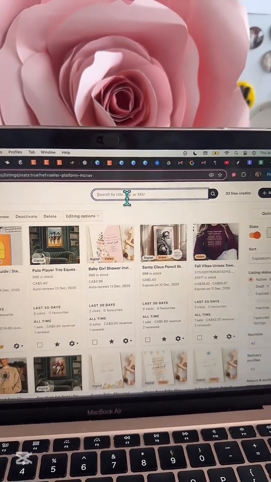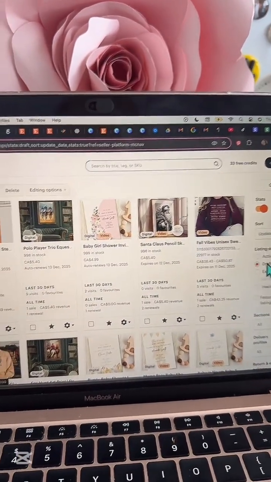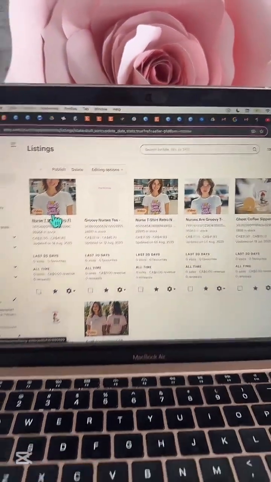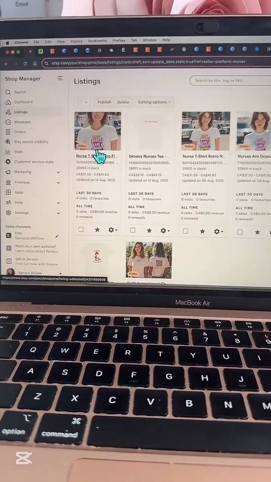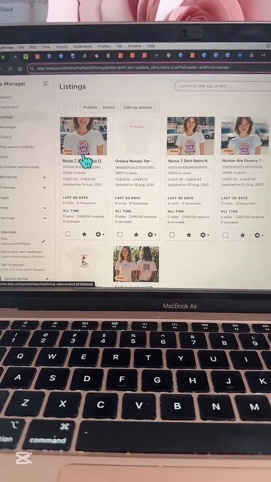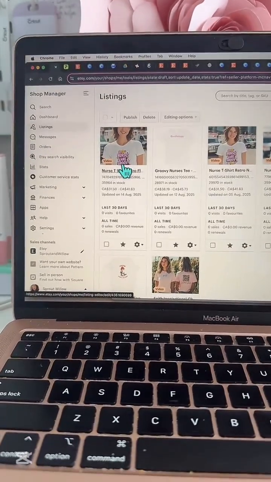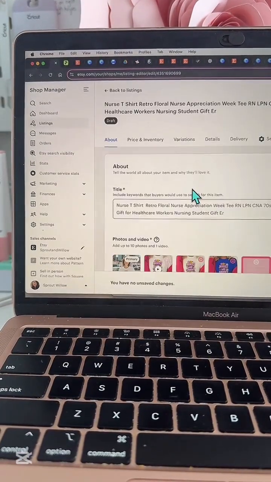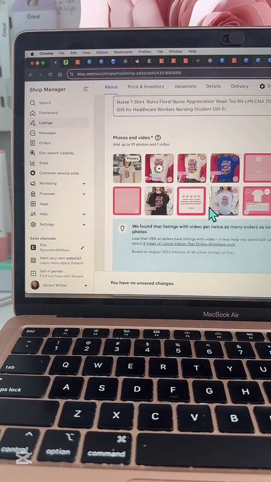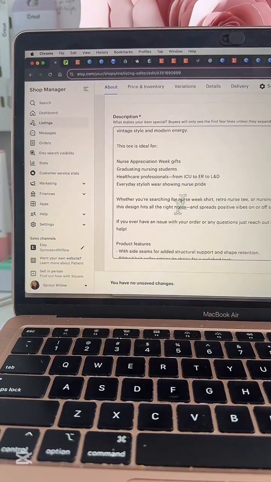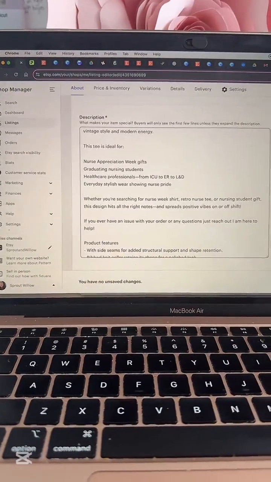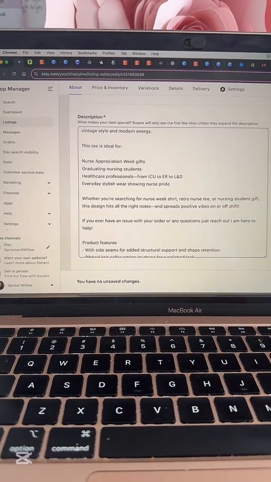So it does seem like a long process when you are doing it, but you will become very, very quick at it. You might want to set up some templates. Like we brought that stuff in from Printify. We kept all that care instructions in there, right? So that we didn't have to type this out. And then you just tweak it and use ChatGPT. And that's how you get your listing up